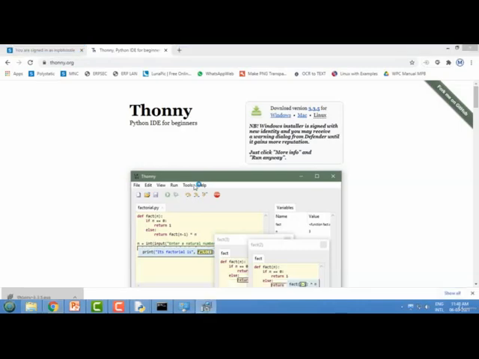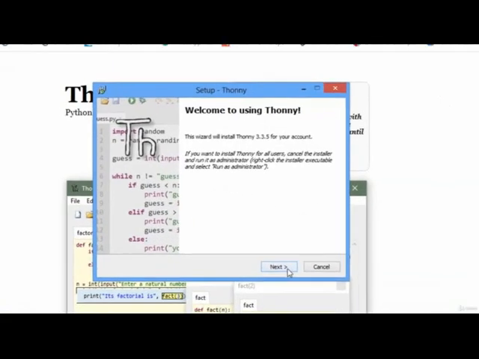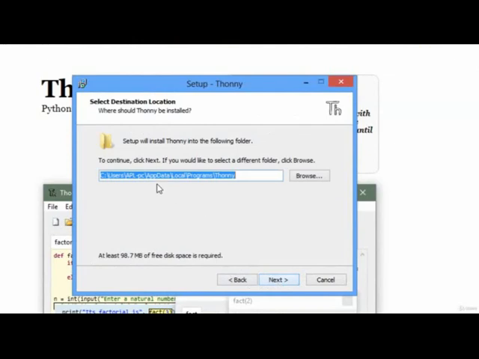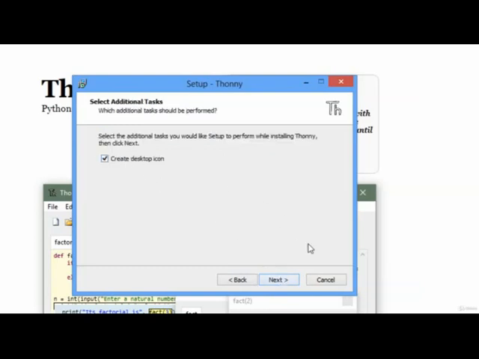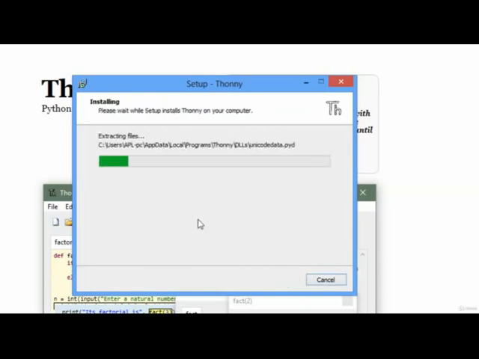Now we will see how to install Thonny and how to use it. It will welcome you, click on next, accept the agreement, click on next. Observe the path. See, this path is similar to the Python IDLE, so at the same path it will be installed. Then say next, create a desktop icon and then say next. It will give you the location and say install. It will start installation.